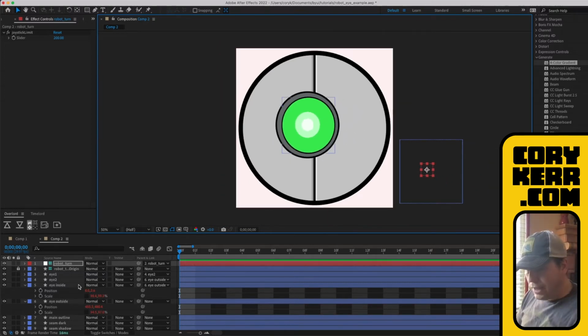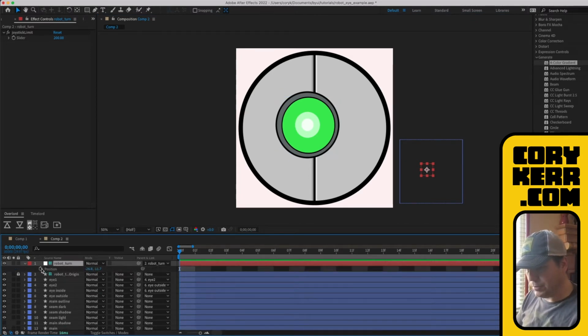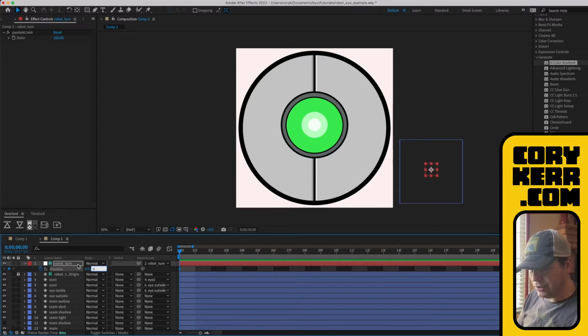Okay, now I'm going to go in and I'm going to say that's looking pretty good. Okay, I'm going to put this back at 0, 0, and you can keyframe this by just going to position. Okay, you can put wiggle expressions on it so it drifts around a little bit. I'll just show you that really fast.